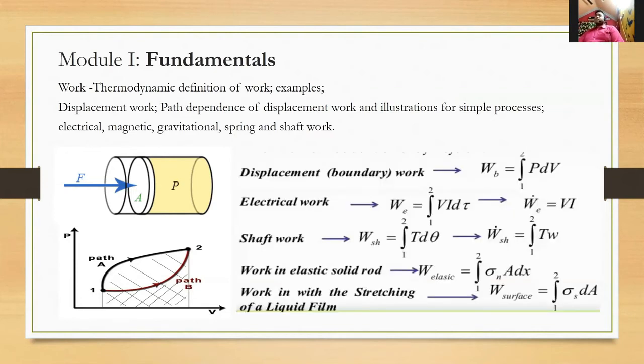There are all other different types of works. As you can see, the displacement work is there, that we talked about, and the electrical work is there. When electricity is passing over a resistor, inside a wire, still some work is going on, which can be measured by V into I. The shaft work is there, which is extremely important in thermodynamics, which is defined by T into omega, the torque into angular velocity. And then you have the elastic work, then you have the stretching work of a liquid film. Even if there is a magnetic activity happening, that can be magnetic work. So there are a lot of different types of works which will be explained.